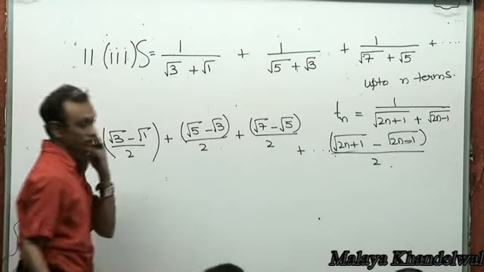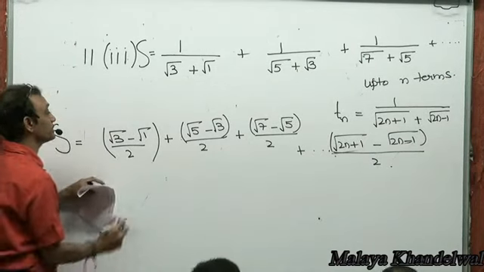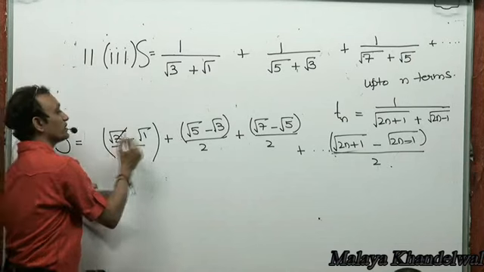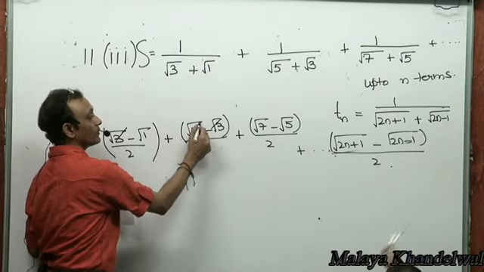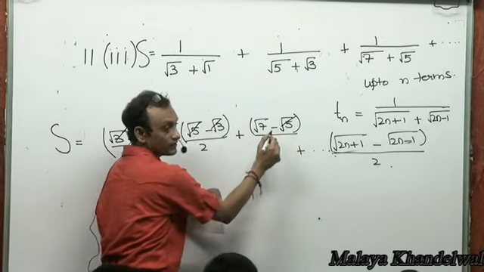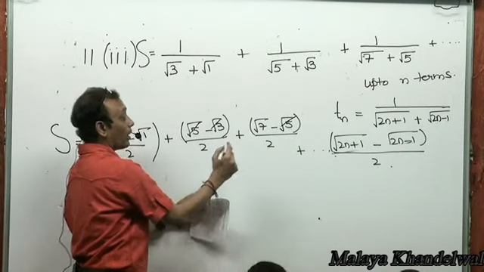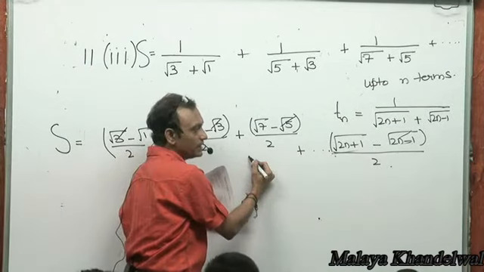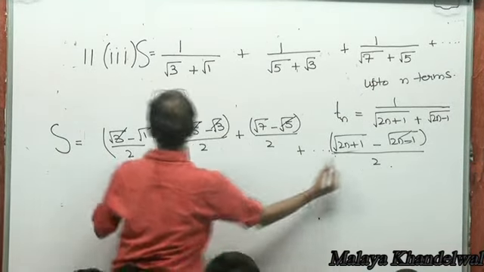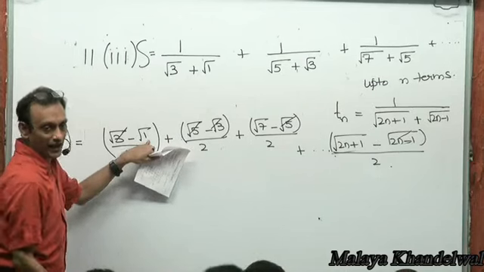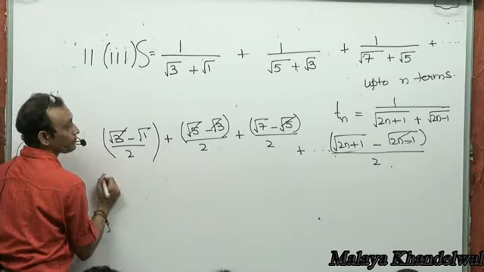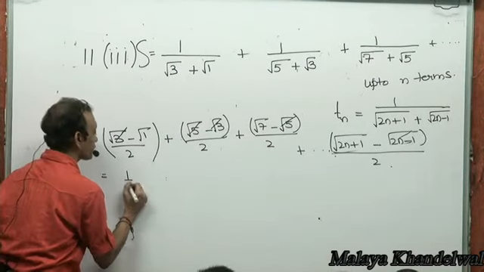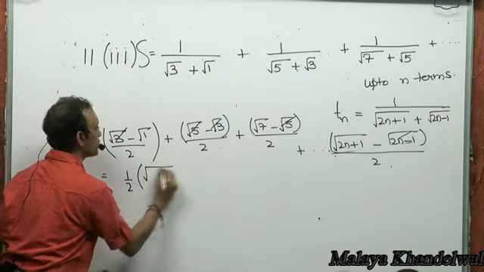Now you should be able to tell me, fairly simple, half could be taken common, and see how cancellation occurs. Root 3 will get cancelled with root 3 here. Root 5 will get cancelled with root 5 here, right? This term would have got cancelled with the first term of the previous bracket. This will remain unattended. Root 1 will remain unattended. Therefore, the only set of terms here would be root 2n plus 1